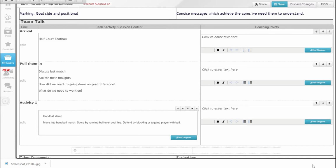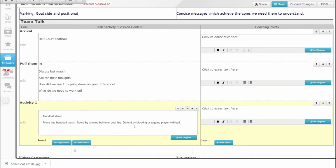I'm having some issues with the screen recording. Not sure how much we just missed out. It seems to just be pausing randomly, which is really annoying. Hopefully I haven't missed out too much. If we have, then you can see how much the session plan has progressed, which is not an amazing amount, but